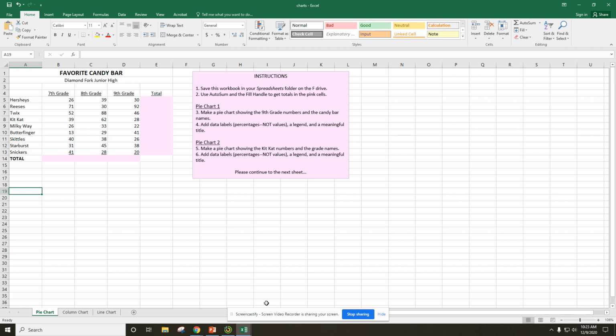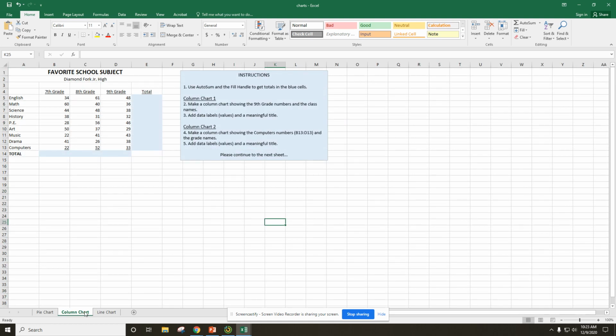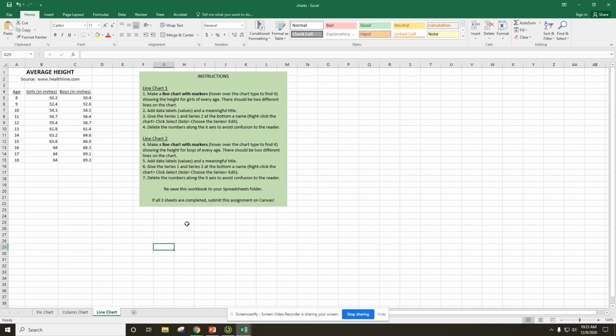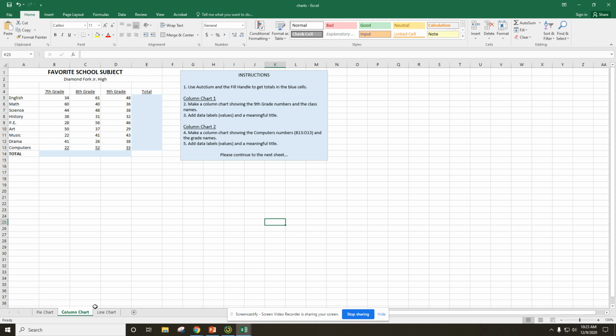So we are going to be doing two simple pie charts in this sheet right here, two simple column charts here, and then two line charts, which are fairly simple, but not as simple as the other two. So let me give you an example, show you how to do one pie chart, and then I'll show you how to do one line chart. And then the column charts, I'm pretty confident you'll be able to understand how to do based on learning the